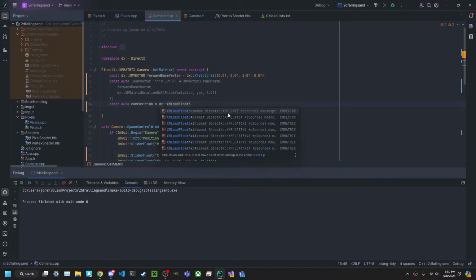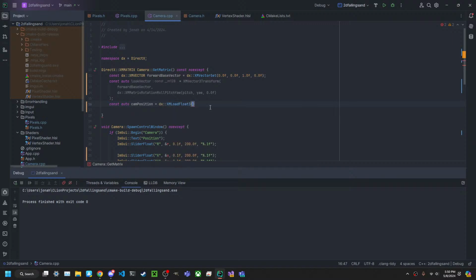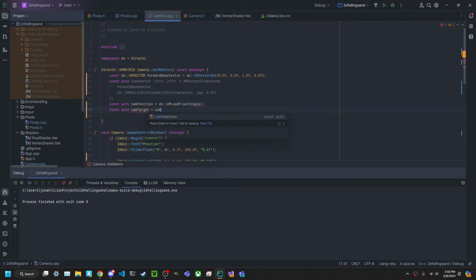I guess the position we should probably make the actual proper value. I'll do that in a minute. Const auto cam target is the cam position plus the look vector. And then we return,